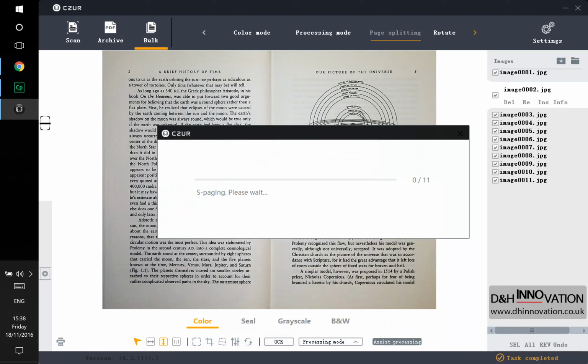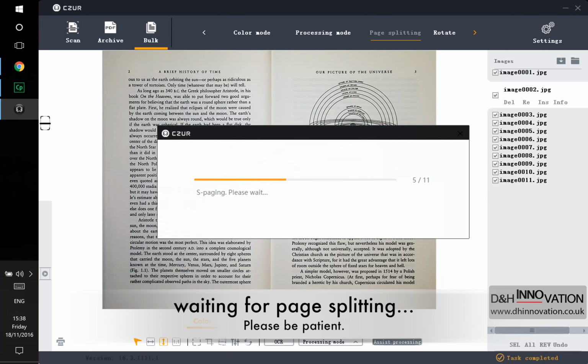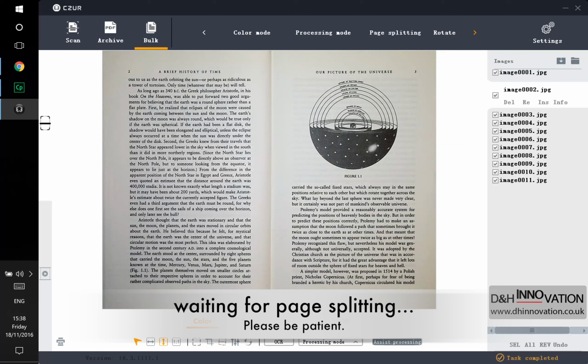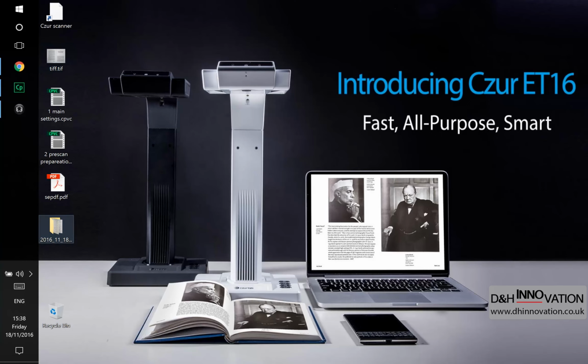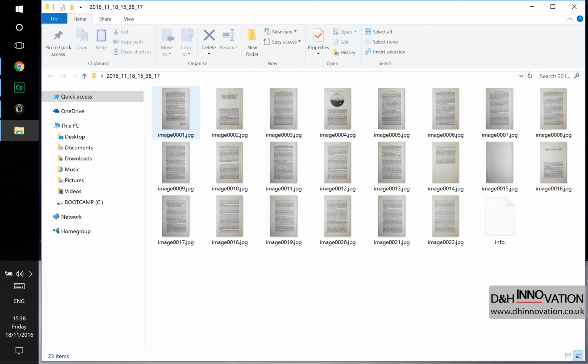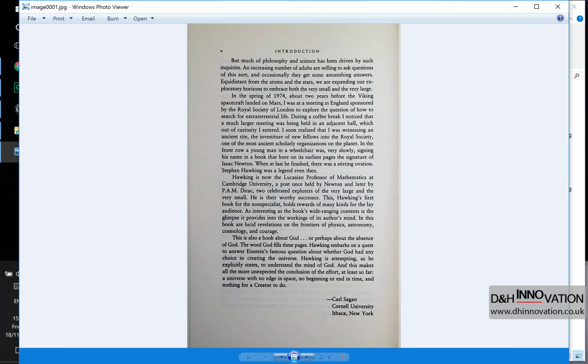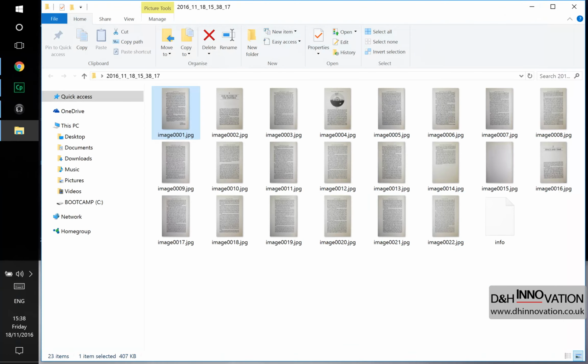The splitting process will start and complete in seconds. Now let's have a look at the split images. As you can see here, the original 11 images we selected have been split into 22 single images in sequence